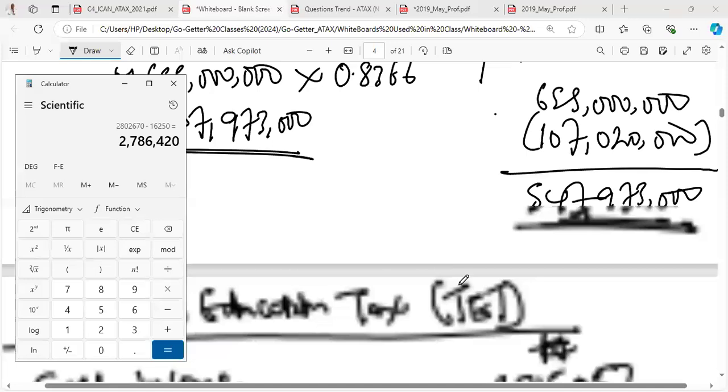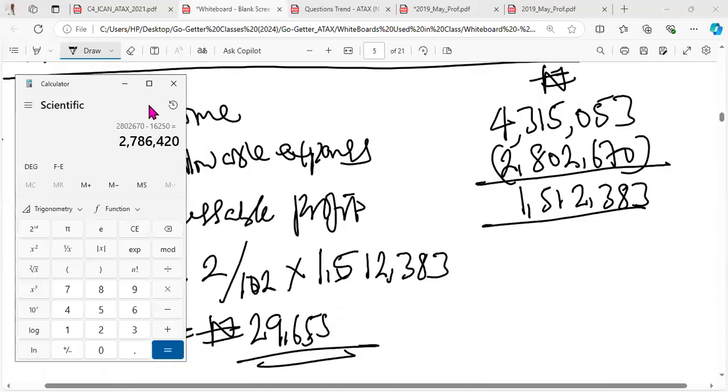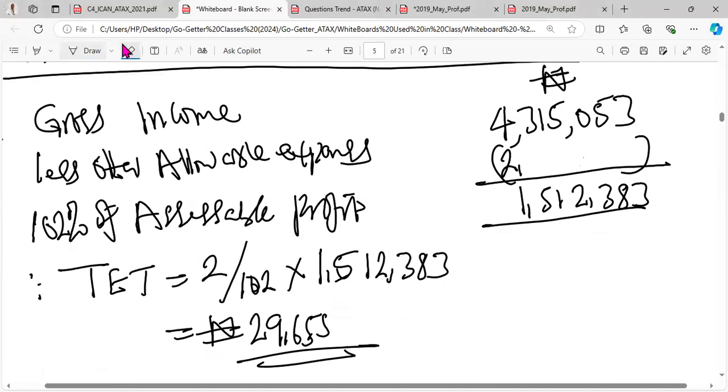If in the exam hall you don't need to do all of this, it's not necessary. Just take your erroneous answer instead of finding where you got it wrong. 2,786,420. Time is going, but this is a class. You need to do it well. So you need to remove this from